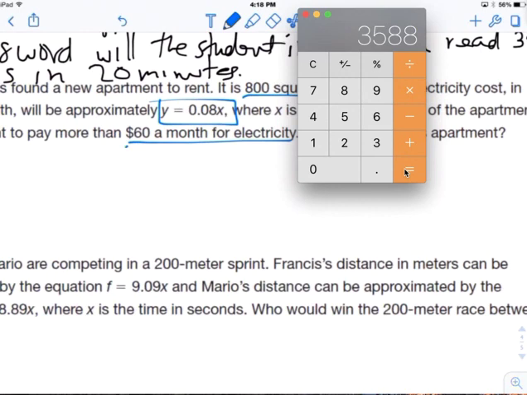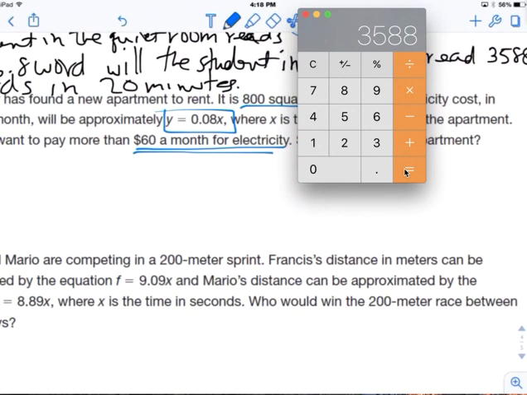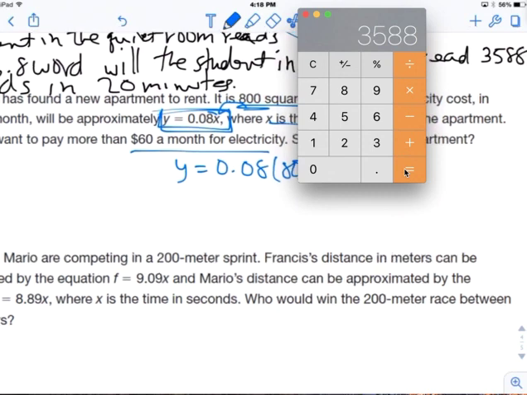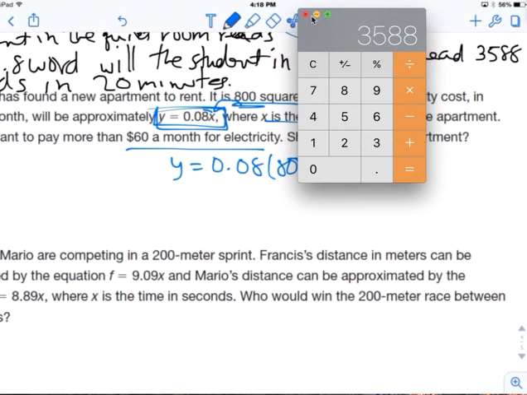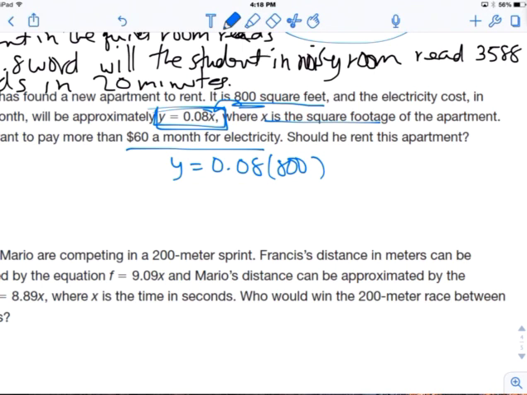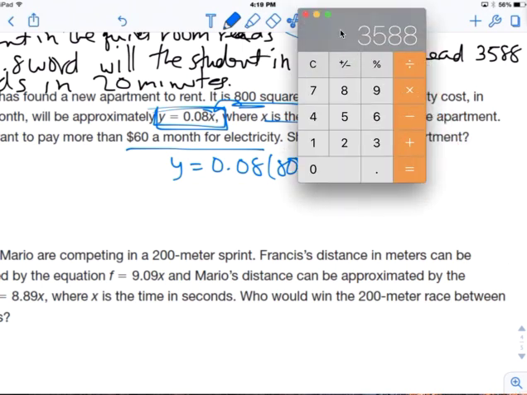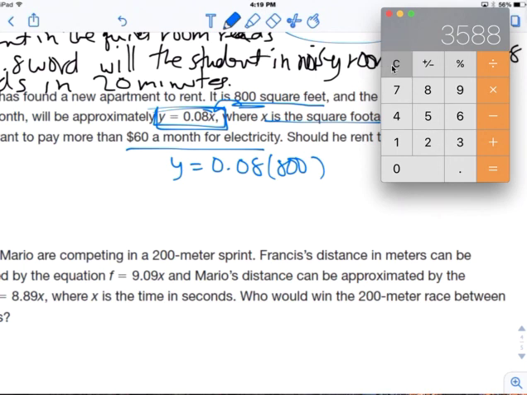Well, he doesn't want to pay more than $60. Let's see how much it is. Y is the total cost. So if it's 800 square feet, put it in there. X is the square footage. So Y equals 0.08x, and in place of x, you multiply it by 800 square feet. Will it be less than $60? Uh-oh. You guys didn't see this, did you? Let's multiply that out. 0.08 times 800